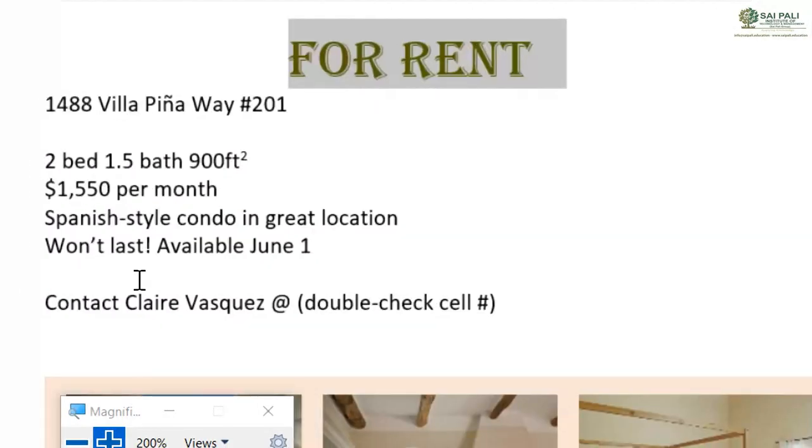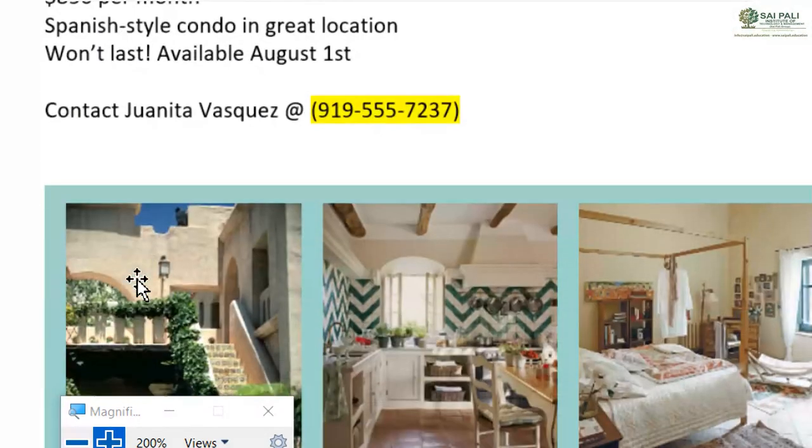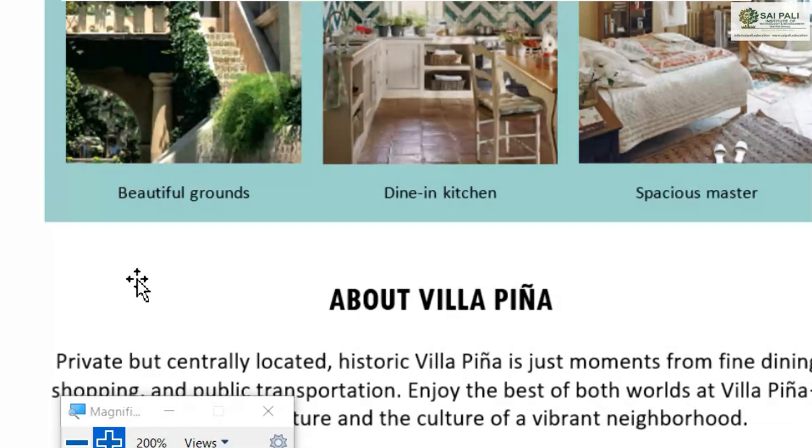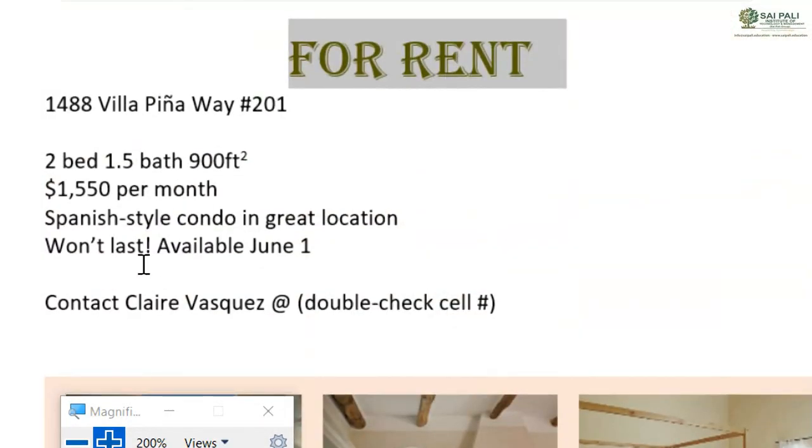Let me check something here. Let's say I want to highlight this part of the document.